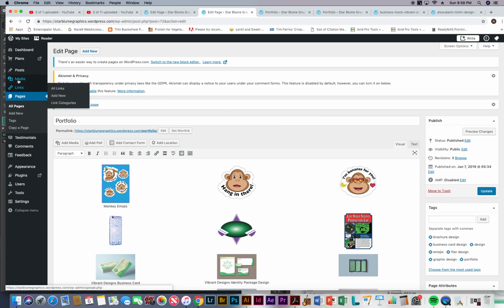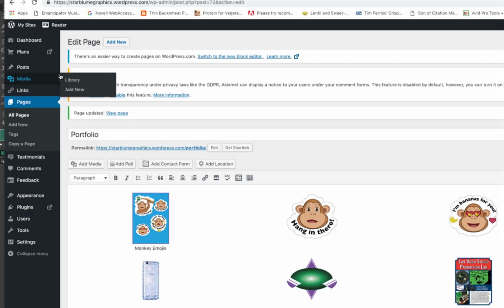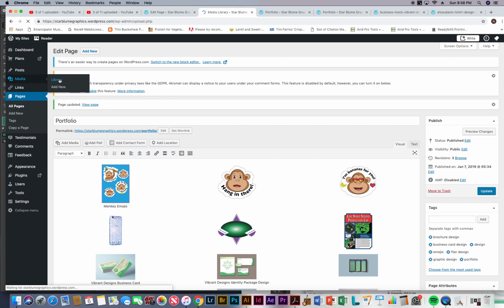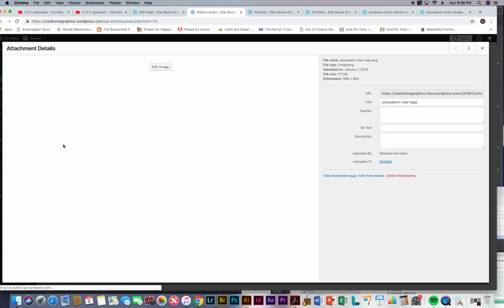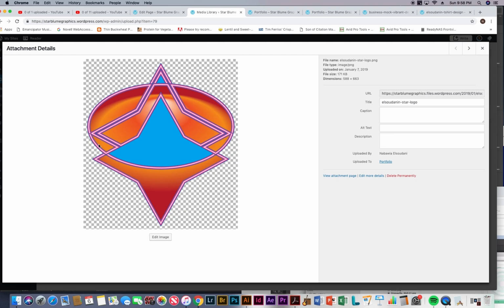Before I click preview changes, let me just also show you. If you go to media, library, this is another place where you can manage your various media. You can click there and then you can caption. So I'll just change this to star logo, and then I'll just copy, Command C, and paste, Command V to alt text, and then I can say logo design